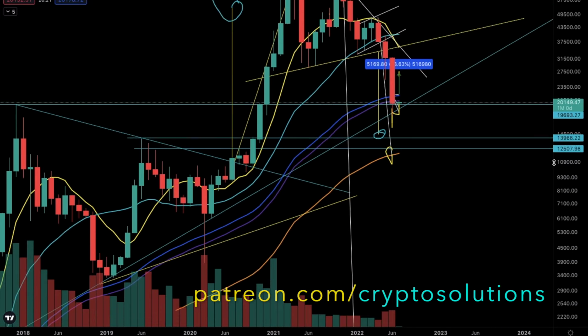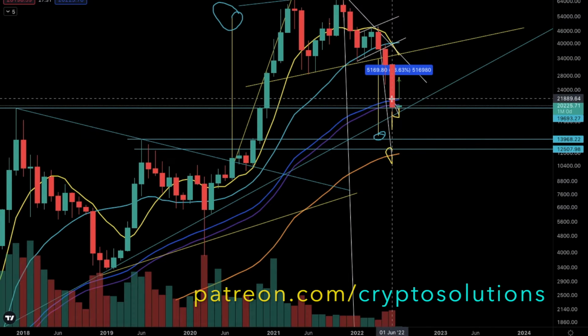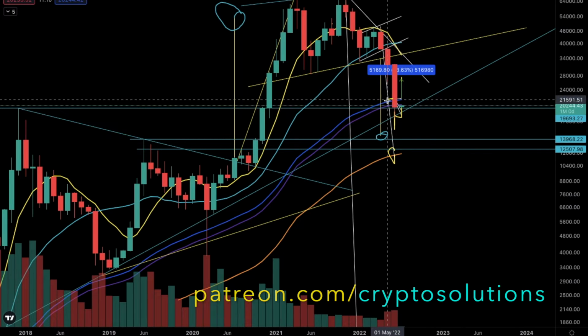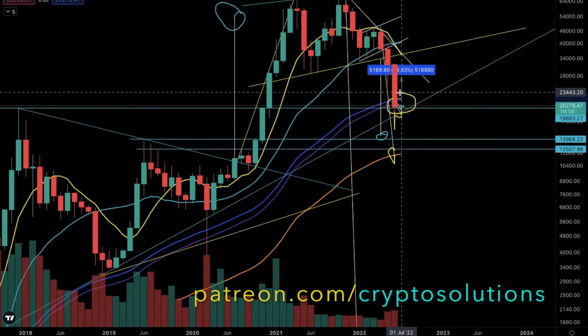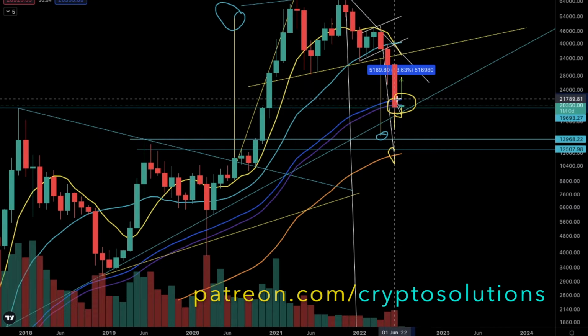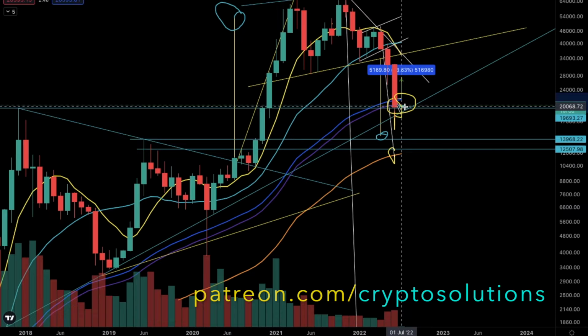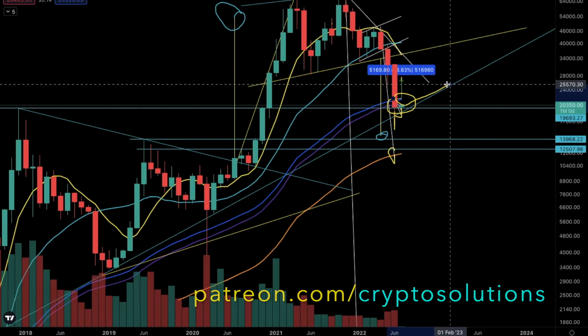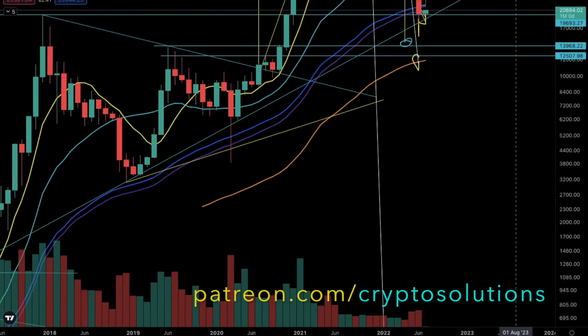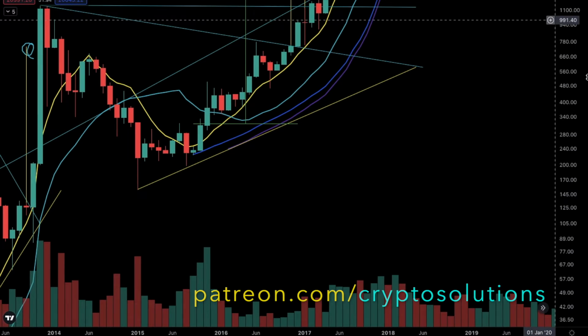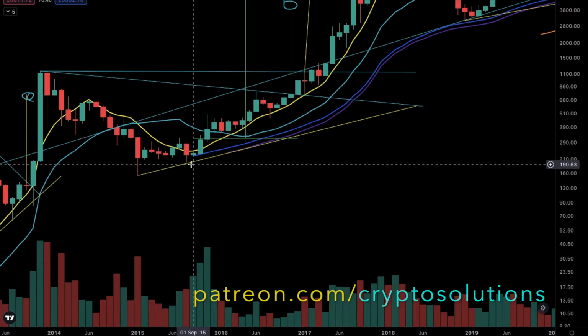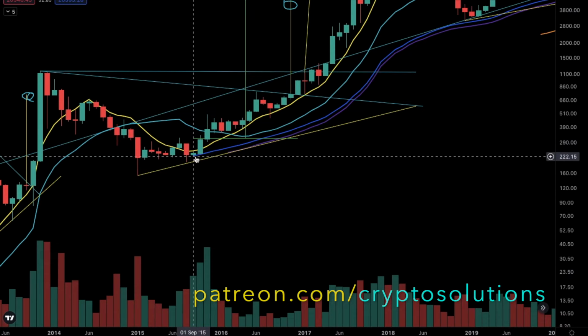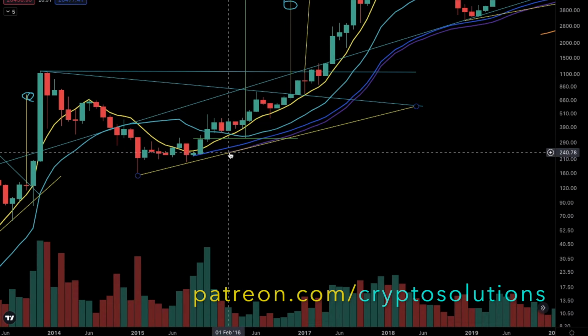This is the first time the Bitcoin price has closed a monthly body candle close below both lines at the same time, and individually below the 50 simple moving average in the monthly time frame and the 55 simple moving average in the monthly time frame. This is the first time ever, because ever since these lines started to occur, the 50 simple moving average in the monthly time frame started around September 1, 2015, and then the 55 simple moving average started around here, February 1,